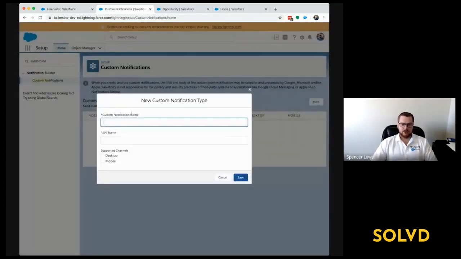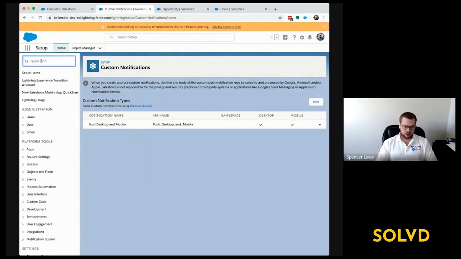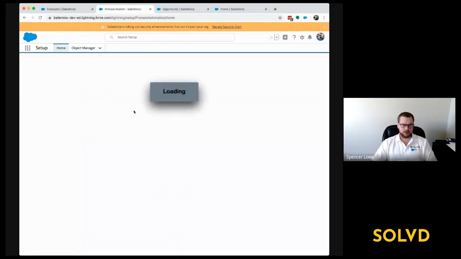type set up. So I'm just going to call this push, desktop and mobile. We're going to support both channels, and we're going to save that. So we're going to have that be our custom notification type. And now we're going to go into our automation, and we're going to say in the process builder,